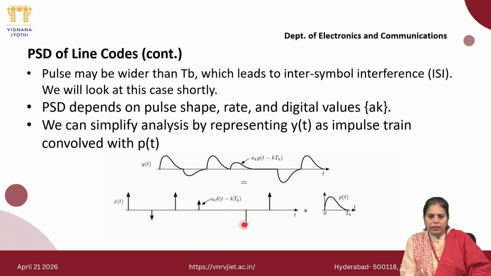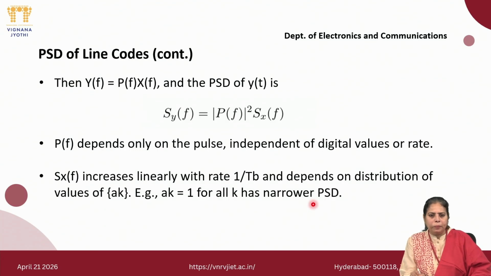So this is the signal that I am intending to transmit, and this is the pulse that I am using to transmit these signals. When there is a convolution operation in the time domain, I can represent in the frequency domain the output Y of f simply as a product of the Fourier transform of the pulse that I am going to use, which is p of t leading to P of f, and my digital signal, that is a random sequence, x of t, represented as X of f.